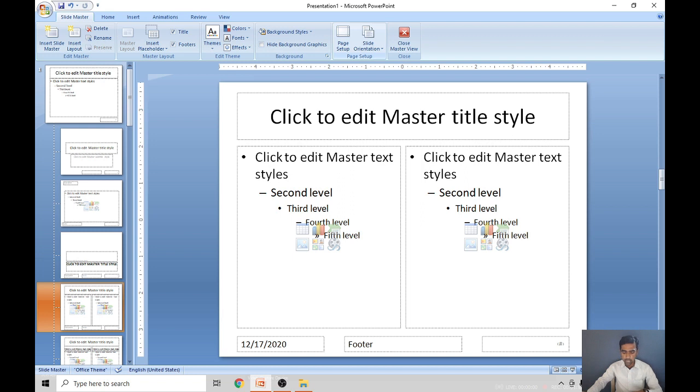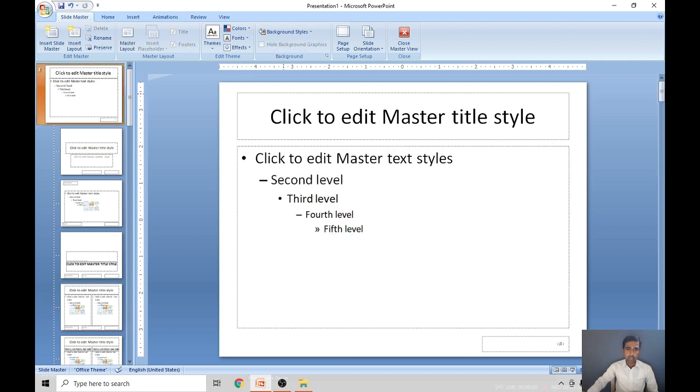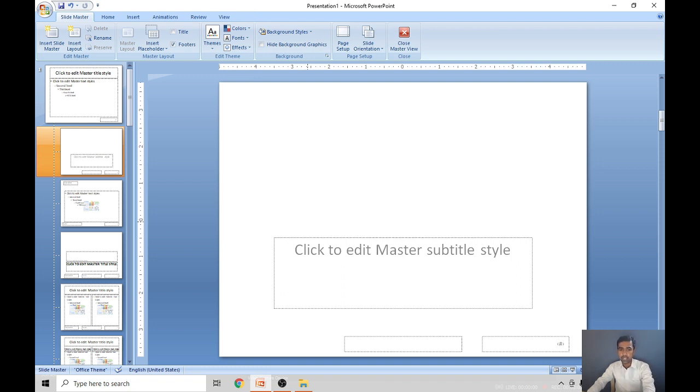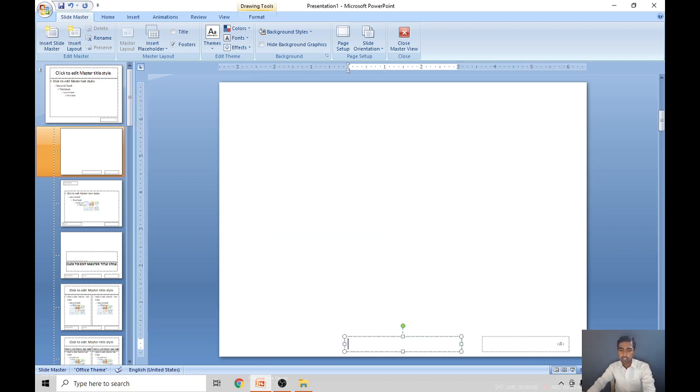Next we will move to creating a custom layout. So how to create your own layout? Here these are the different types of layouts that have been given according to their need. If you want to change this layout, how can you create your own layout? To create your own layout, first we have to make one slide empty. That is, we will delete all the layouts. So in this empty layout, we will create our own layout.